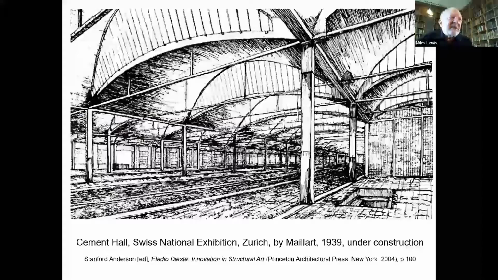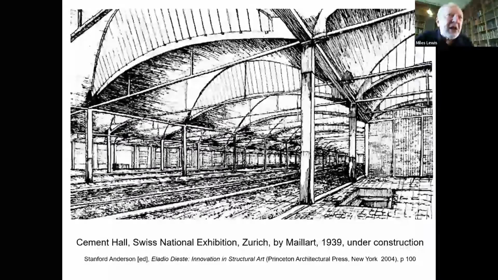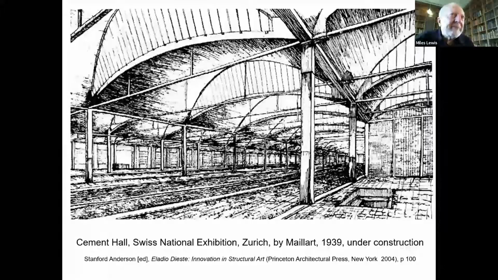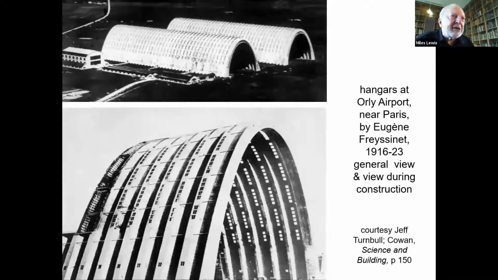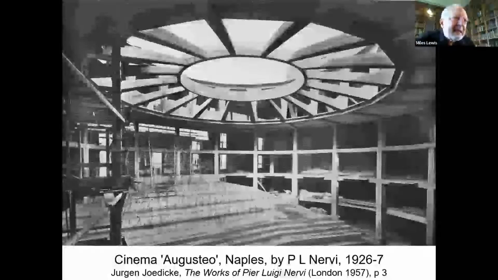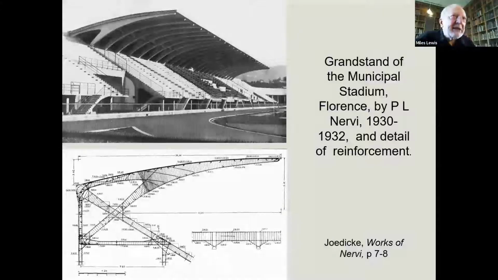And then this hall, which takes up the idea of the sawtooth roof, but now in a wonderful shell system. Now, another designer is Eugène Freyssinet in France, who builds these giant paraboloid aircraft hangars at Orly, the airport near Paris. And Freyssinet is also the pioneer of pre-stressing in concrete. In Italy, the engineer Pierluigi Nervi, the cinema, and this wonderful cantilevered roof grandstands in Florence,